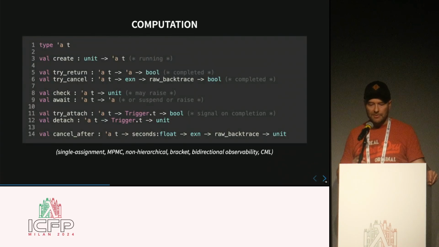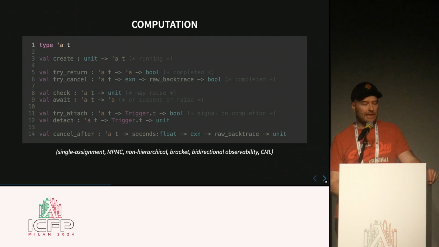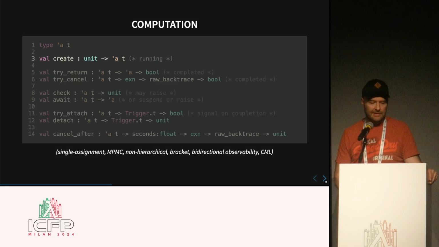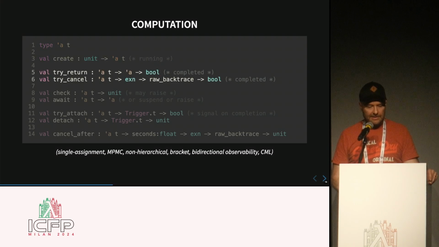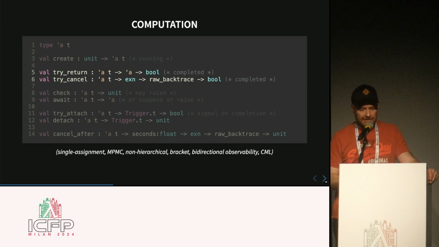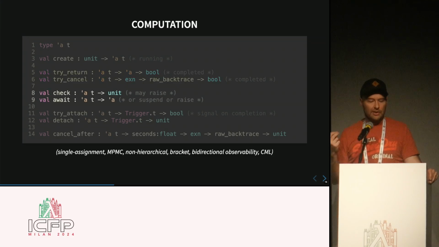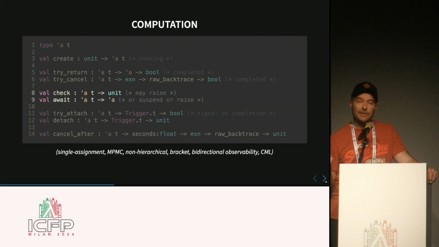The computation abstraction, on the other hand, does carry a value. And you can create it. It will be sort of empty in a running state. And it's possible to return a value to it, which turns the computation into a completed computation. But you can also cancel it with an exception. And it's also possible to check whether the computation has been canceled or not, but also to await for the computation to finish,